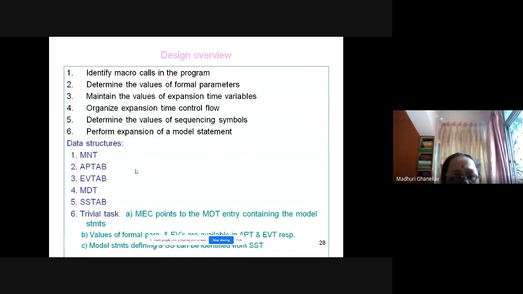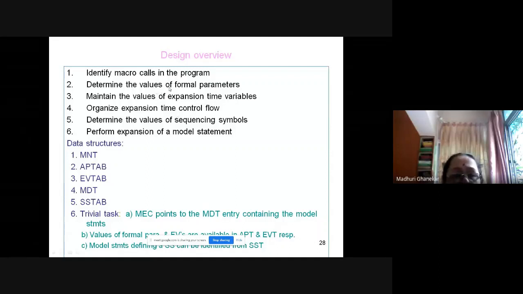What if there are keyword parameters? There should be an equals to sign, which indicates the sequence need not be followed. Whatever is specified with the equals to sign, that should be followed. So firstly, it has to recognize whether the parameters are keyword parameters or positional formal parameters, and go on recording all those parameters into the table, the actual parameters table.